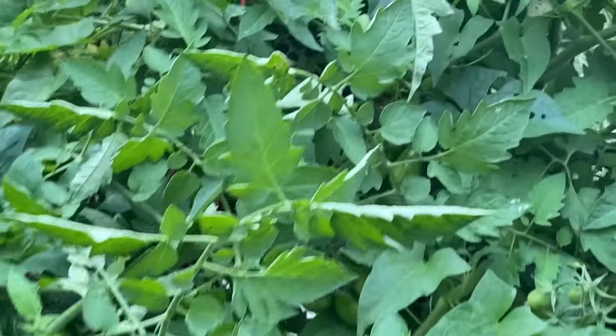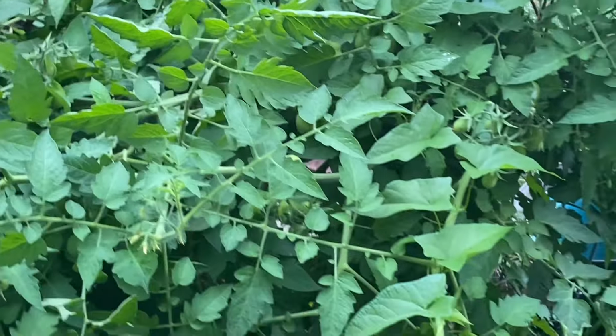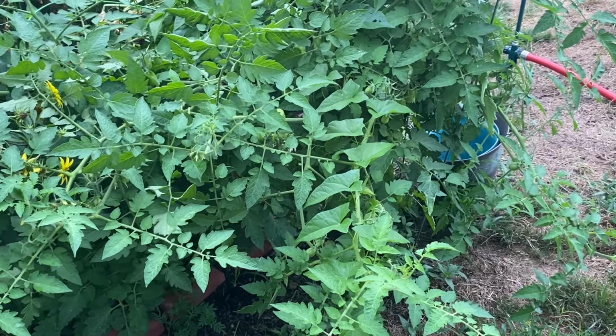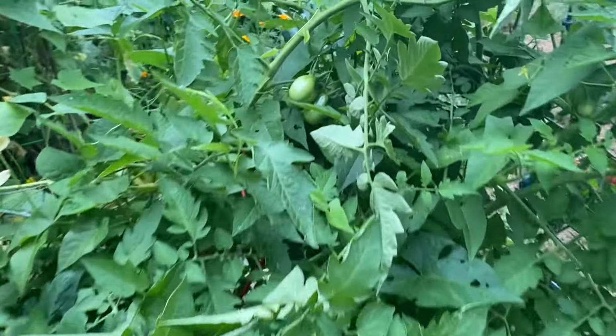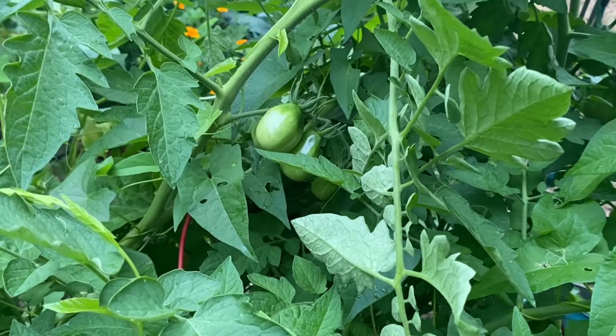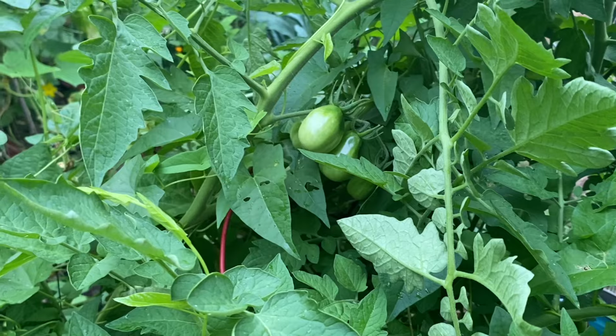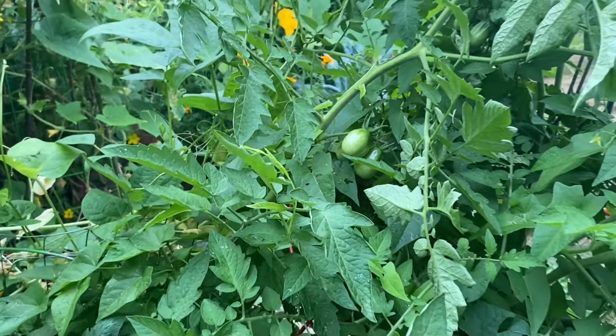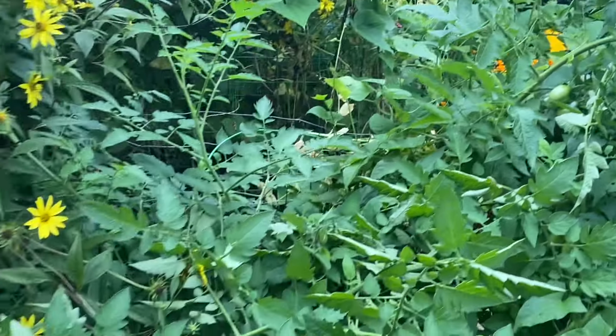And I also have Roma. And this is the Roma bush. Look at that. It's large, and there are a lot of tomatoes growing there. My husband loves the Roma. He told me, he said, I like the Roma. Yeah. Well, I